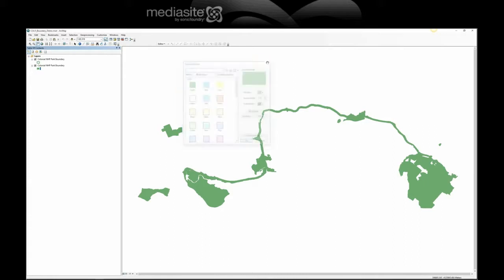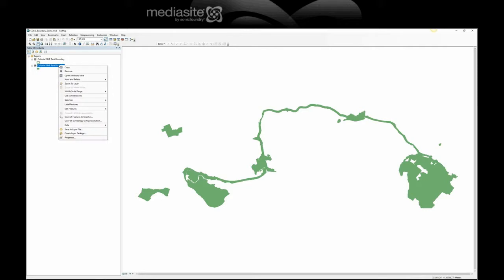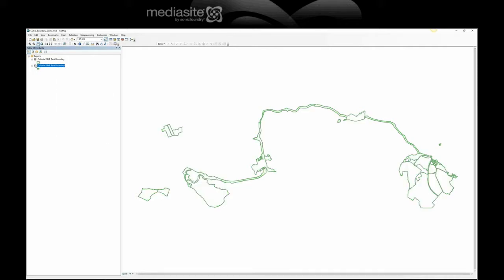Now I could share this as a service if I wanted to, but I really don't want to. In my workflow, I like to have one layer per service. That way I can reuse that layer whenever I want. And if I want a linear representation, I can always have that. That way it's transparent, as you would see here. And in ArcGIS Online, a lot of times what you see on your ArcMap display is what you're going to see in ArcGIS Online. So I'm just going to remove this polygon representation,